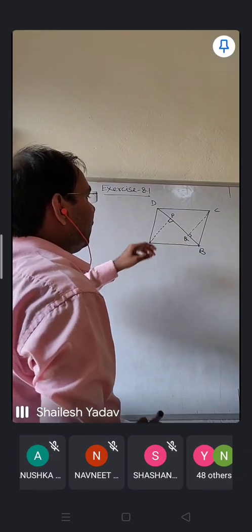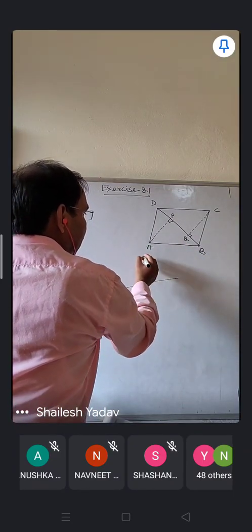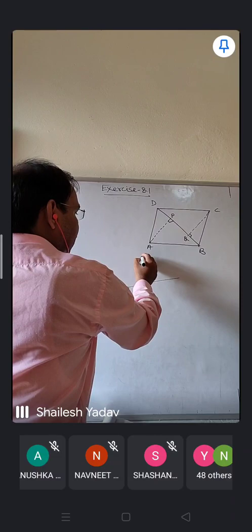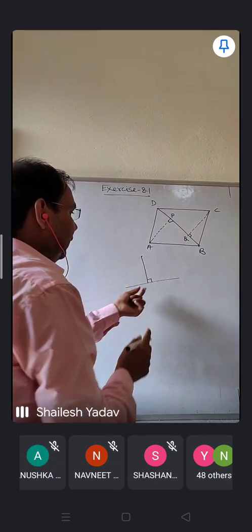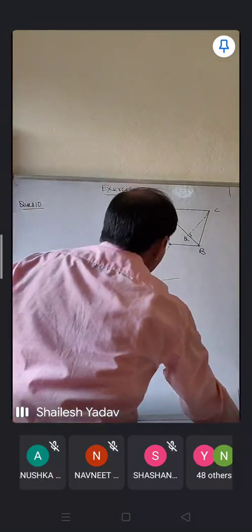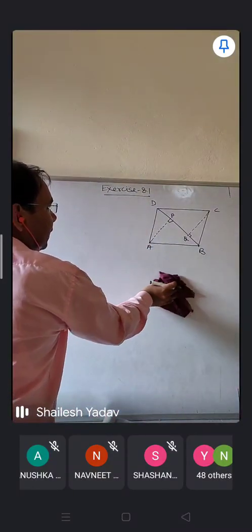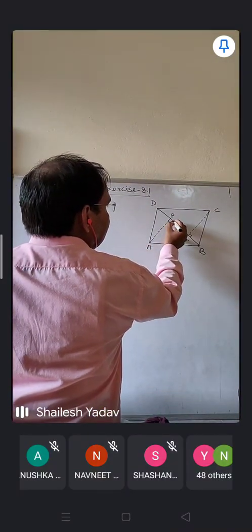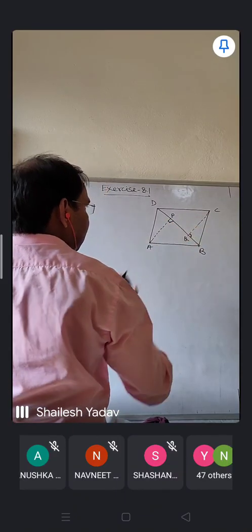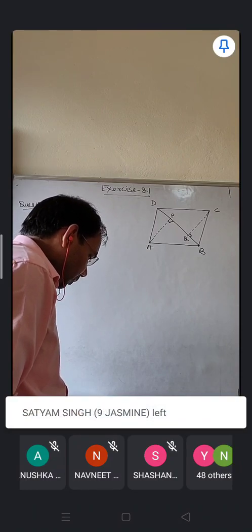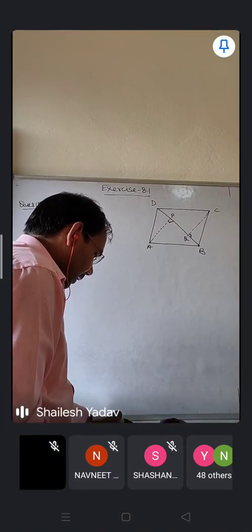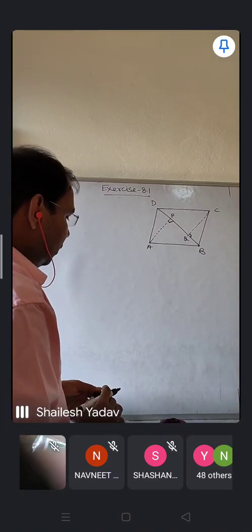So perpendicular means if you are going to draw any line segment from a point to any other line, and if it is going to make 90 degrees, that is called the perpendicular. So here it is given that AP and CQ are perpendicular, it means it is 90 degrees here as well as here it is 90 degrees. So that is given here. Now you need to prove triangle APB and triangle CQD are congruent.